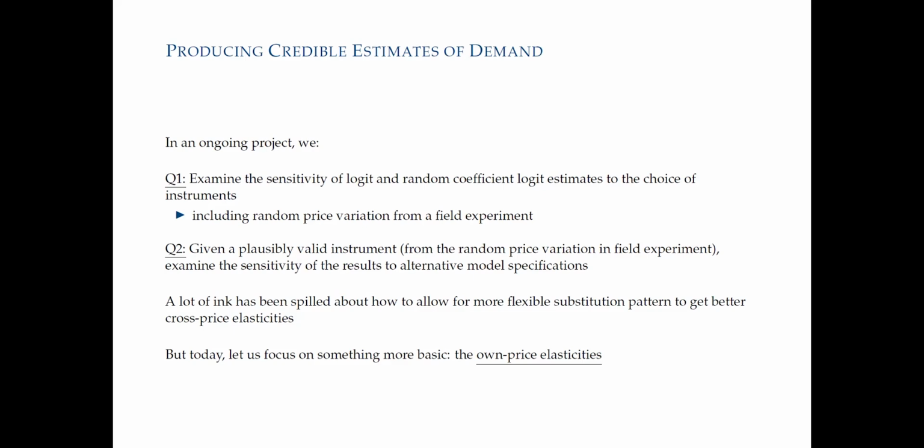I want to first show you how the estimates of standard demand models depend on the instrument. We're going to construct the instrument using the randomized experiment, and also use the standard IO instruments. And it turns out to be super robust. The choice of instrument doesn't matter, okay? Which might be good news or maybe bad news, depending on what you think. This is saying something about instruments being good, even though they're constructed under maybe questionable assumptions, or maybe the model is giving the result, not the data.